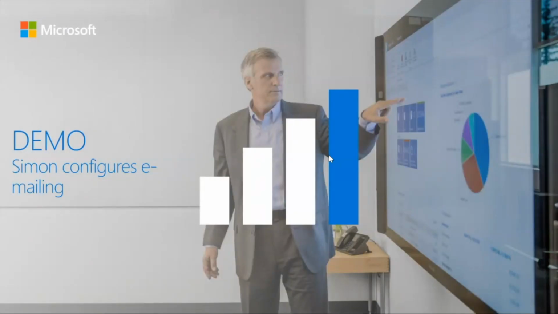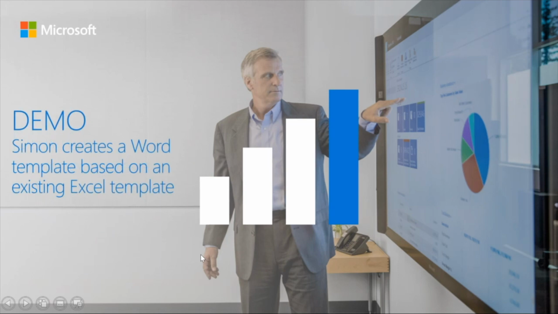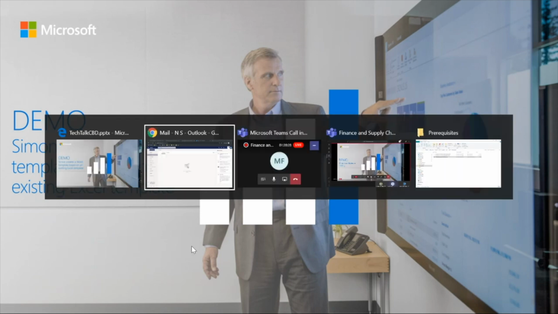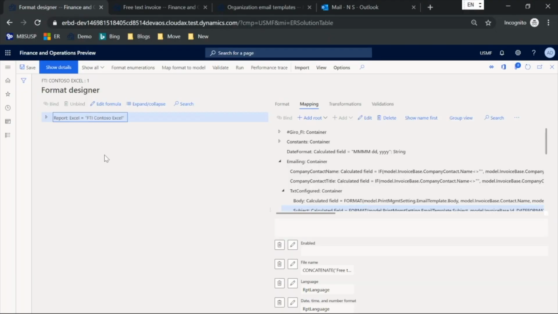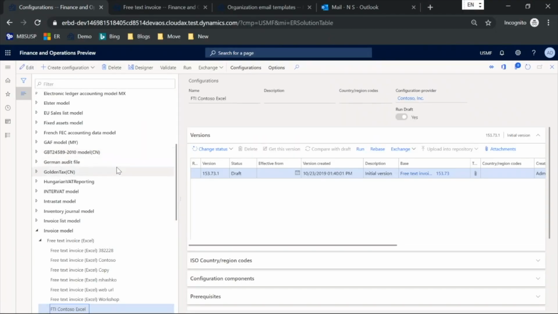And now I can show you how we can reuse our GR formats that have been initially designed to use Excel templates and change them to start using Word templates for generating the same kind of documents. So I will be using